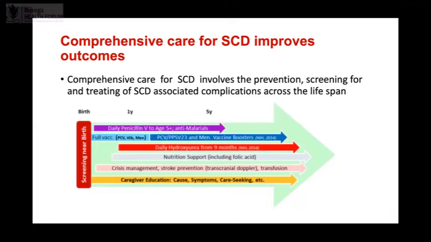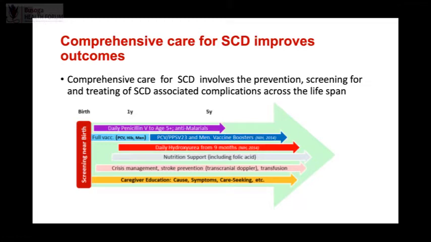So from childhood into adolescence, into early adulthood, into late adulthood. So it's across the lifespan. And studies have shown that comprehensive care for sickle cell disease improves outcomes. Things started to change in the United States and Europe when people with sickle cell disease had comprehensive care, when they had clinics and centers that were targeted and specialized for the care and treatment of persons with sickle cell disease, when they came up with treatment guidelines that targeted sickle cell disease.